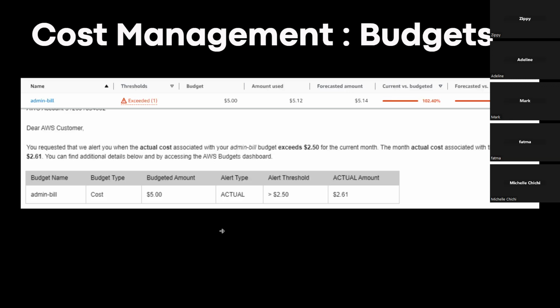So you can go into the account and look at what's causing that increase, and do some mitigations to bring the cost down. That way you don't actually end up exceeding your budget at the end of the month. So those are the two types of alerts that you can set up on your budgets, based on what exactly you want in your account. What kind of reaction do you want? Do you want to see that before, or do you want to see it after? So that is on budgets.